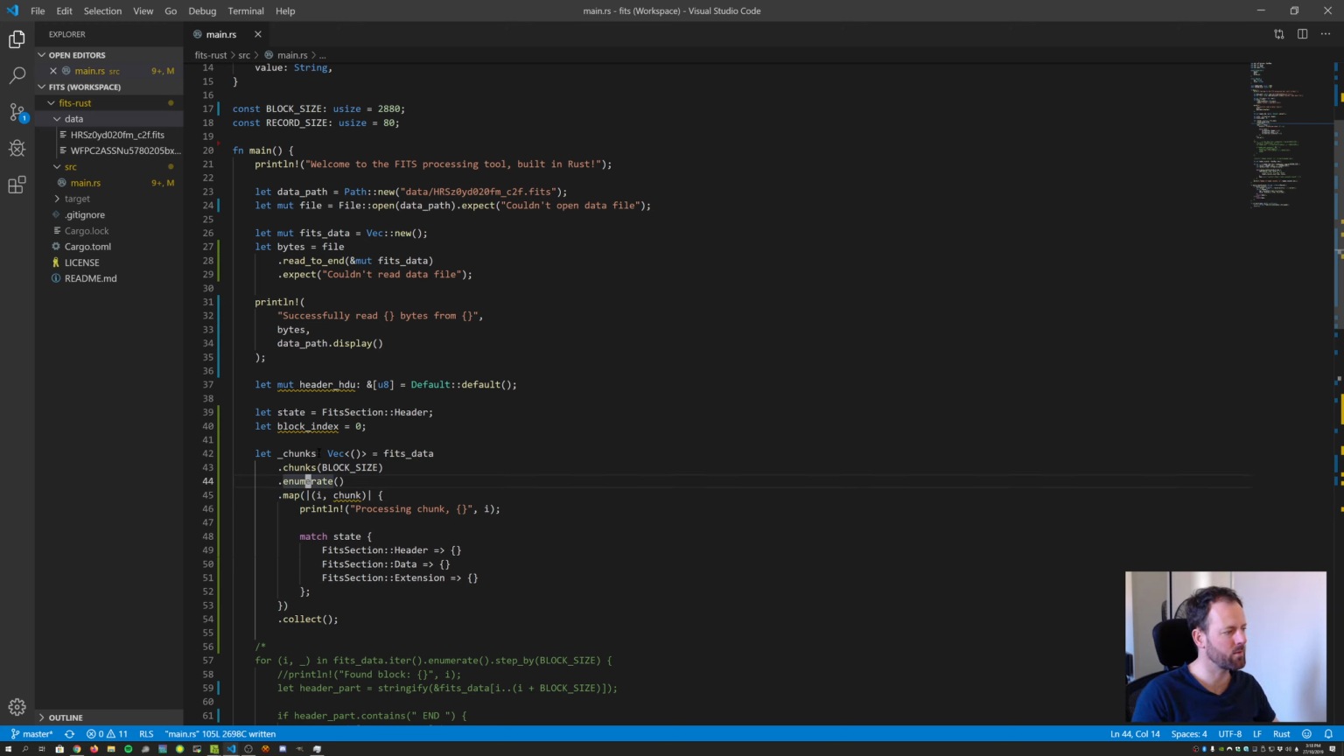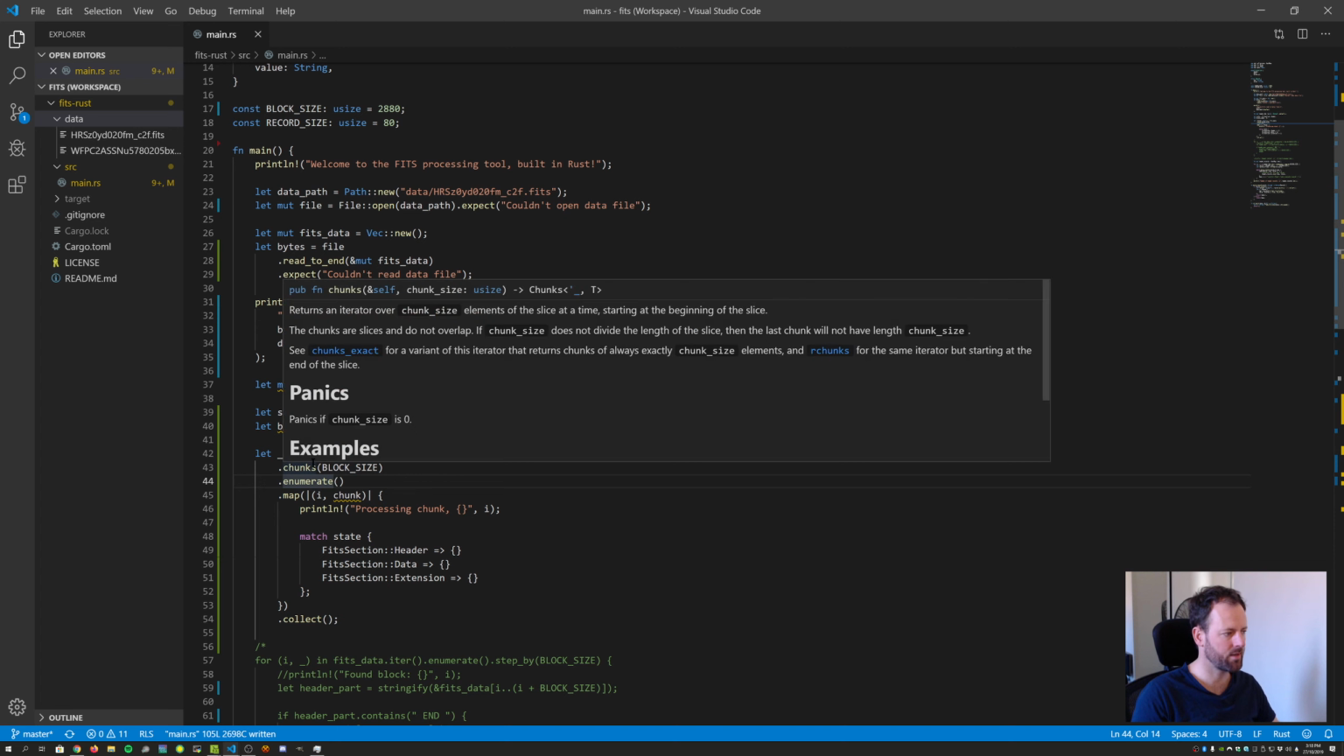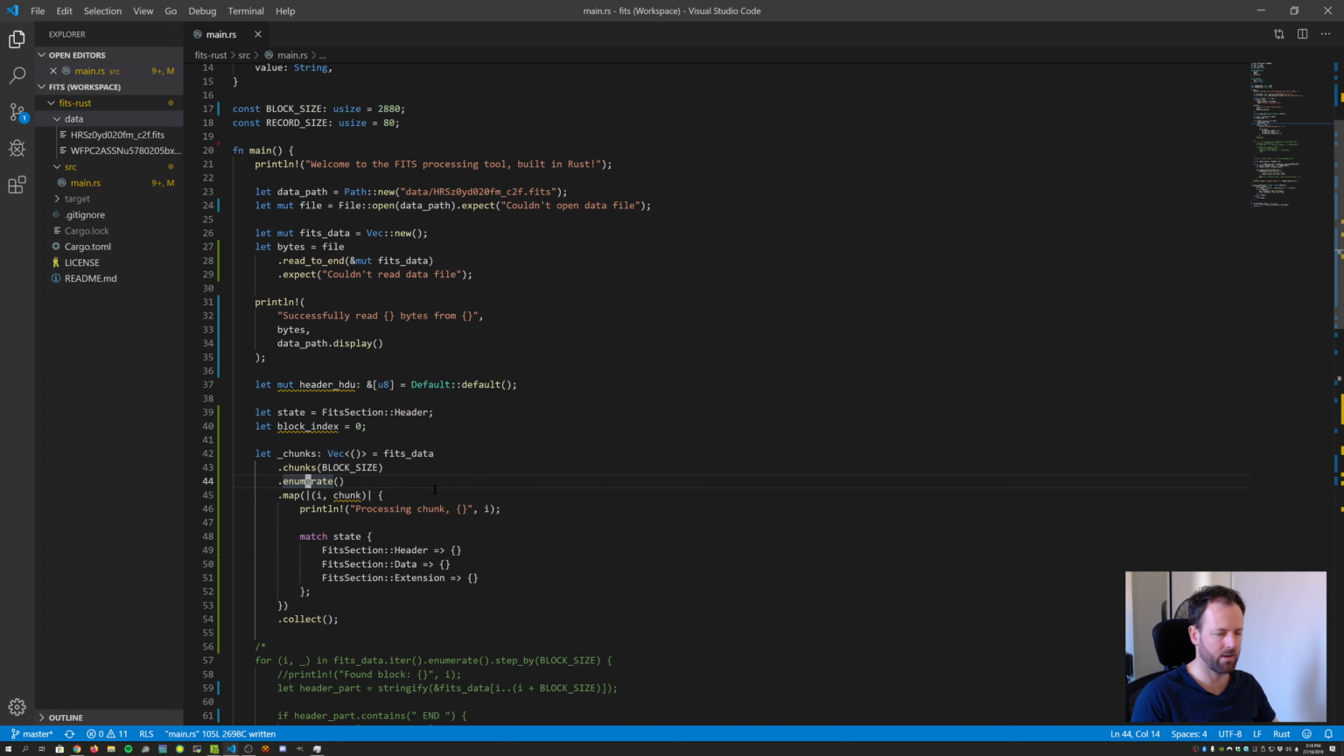So what we're going to do is step through our entire FITS data vector by block size in chunks, get an index into which block we're looking at, and then run this closure over every single block that we find. The closure will give us the index based on this enumerate, and the chunk, which contains bytes that we care about. You can see here it's a slice of unsigned 8-bit ints. So this is already useful,